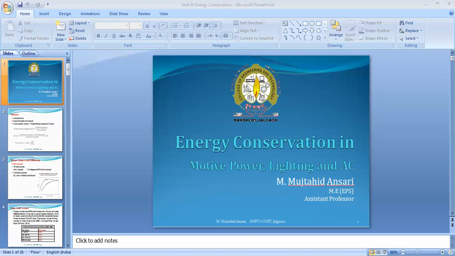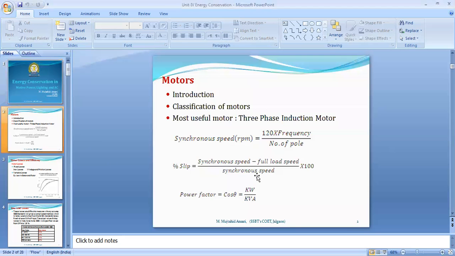So our interest is in the motors which are used in large quantities. Definitely, if you find some method to do energy conservation or power conservation, we can save a large amount of energy in the motive power. So now, in case of